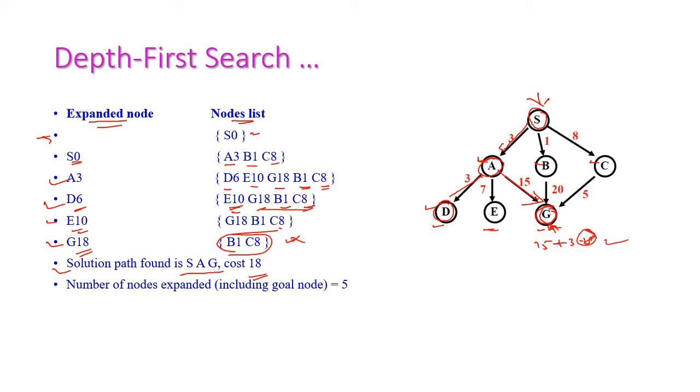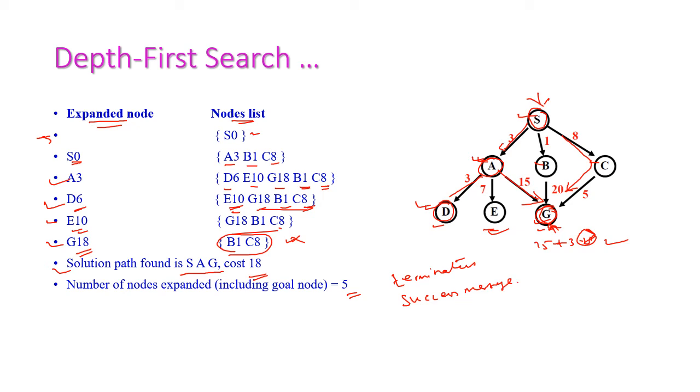The number of nodes expanded including the goal node is 5. This one, this one, this one and this one get expanded; totally 5 nodes get expanded here. But in this search, some other path exists which has the minimum path cost. Once it reaches the goal, however, the program will be terminated with the success message.